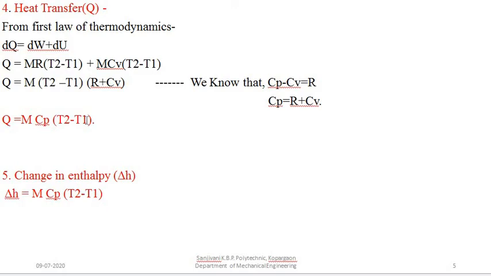Now the next parameter is the fifth parameter, that is the change in enthalpy. The change in enthalpy formula for all the gas processes is similar, and that is mCp T2 minus T1. So we have to use this similar formula for all the gas processes, mCp T2 minus T1. Now these two formulas are similar. Heat transfer has the same formula as the change in enthalpy. Therefore, whatever heat is added is converted into the change in the enthalpy. That is, enthalpy is rising from H1 to H2.